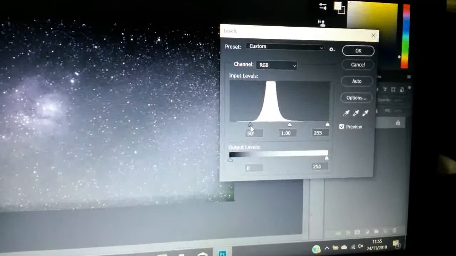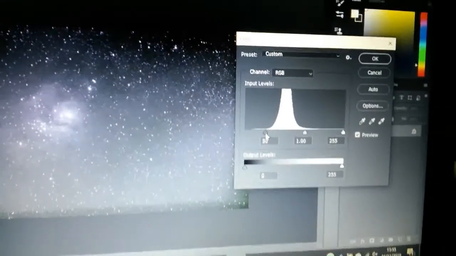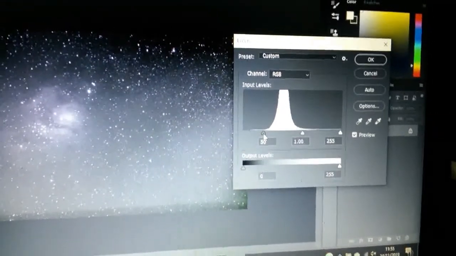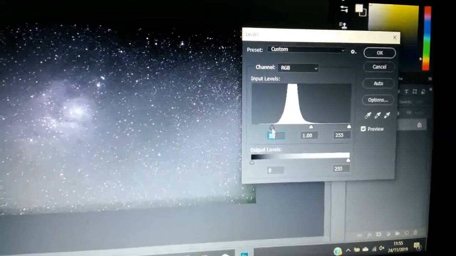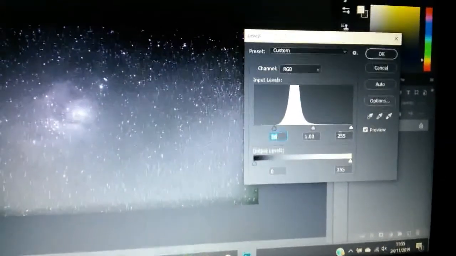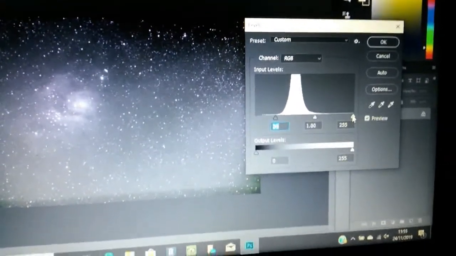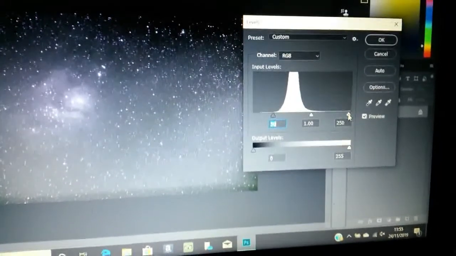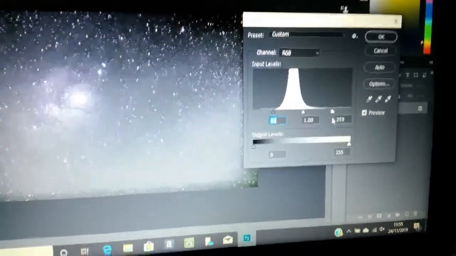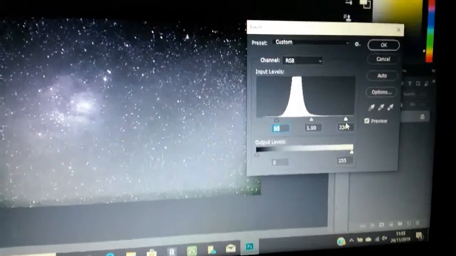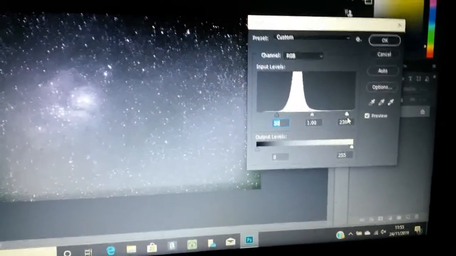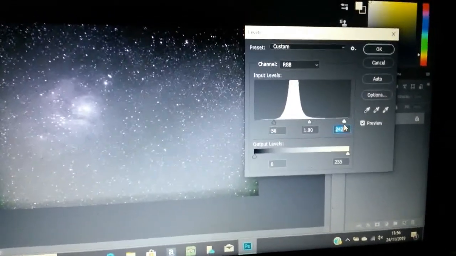Go to about there, and it's really going to make the picture look a lot better. Darken it up. Don't bother about the middle one. You can actually look at the end one a bit if you like, mess around with it, but I'm not going to do too much. I'll just leave it about there. Click OK,